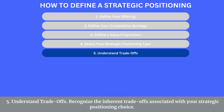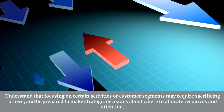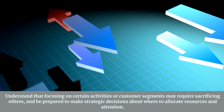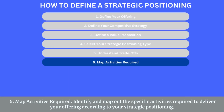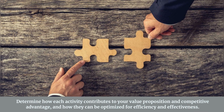5. Understand trade-offs. Recognize the inherent trade-offs associated with your strategic positioning choice. Understand that focusing on certain activities or customer segments may require sacrificing others, and be prepared to make strategic decisions about where to allocate resources and attention. 6. Map activities required. Identify and map out the specific activities required to deliver your offering according to your strategic positioning. Determine how each activity contributes to your value proposition and competitive advantage, and how they can be optimized for efficiency and